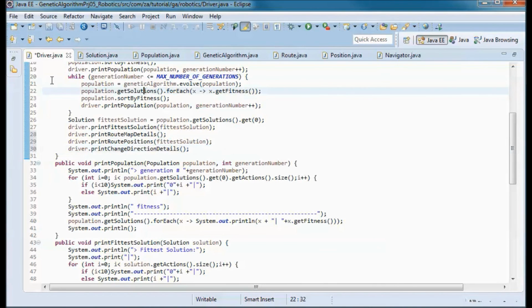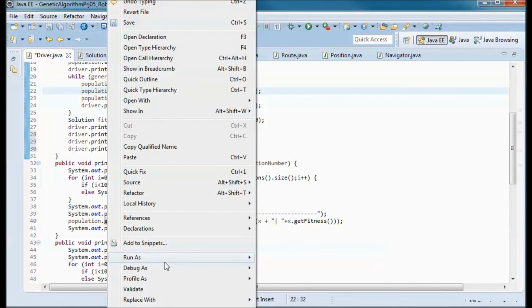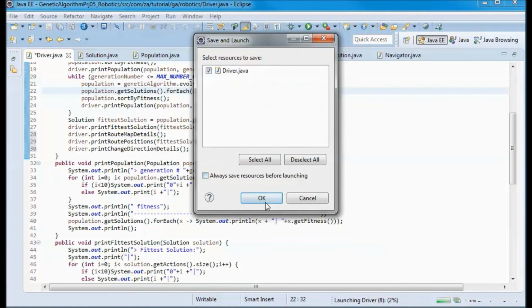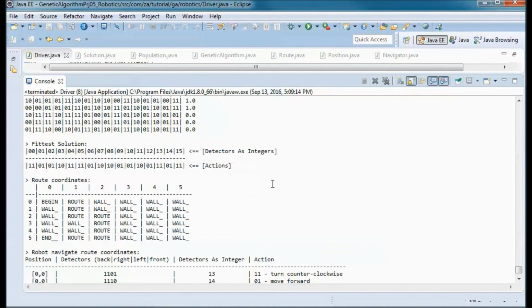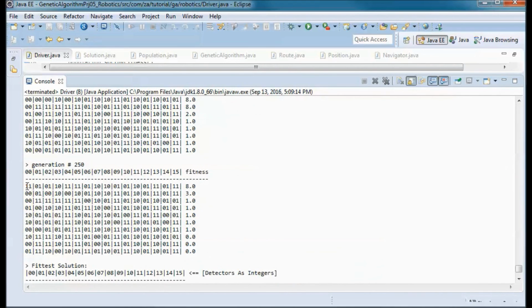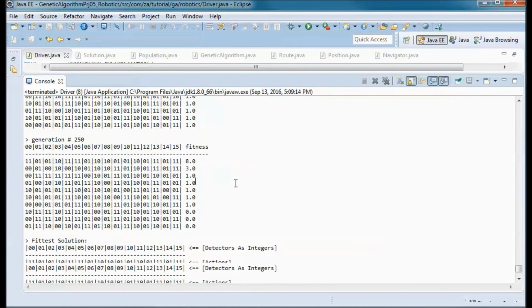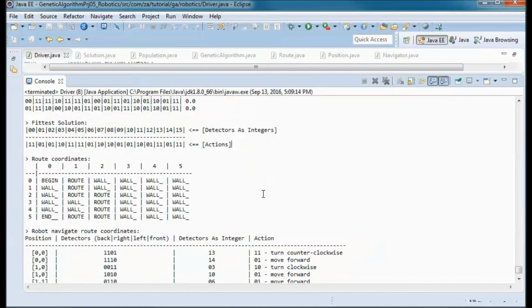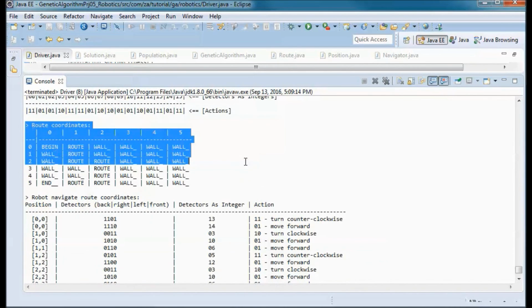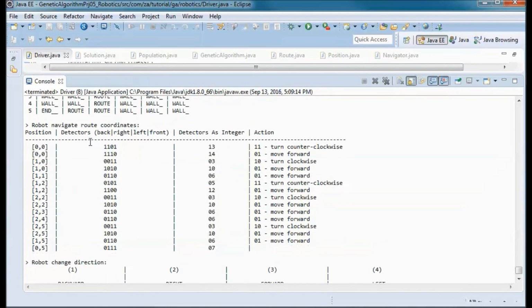And now let's go ahead and test run the application, the finished application. So here we go. This is the fittest solution, and those are the route coordinates, and this is the robot navigate route coordinates.